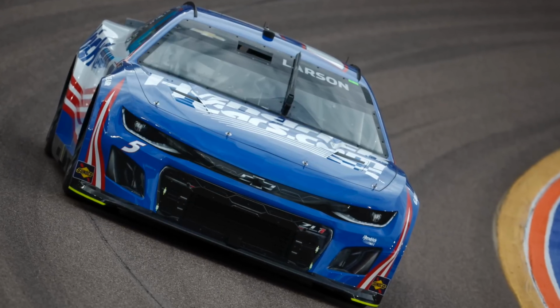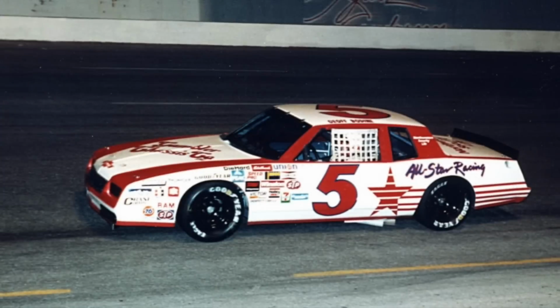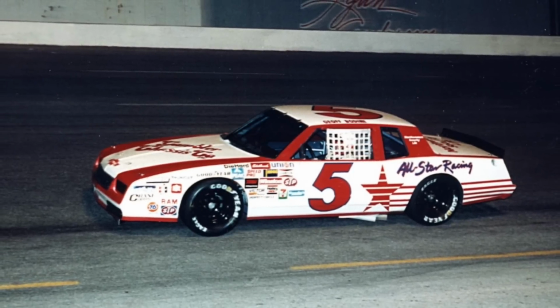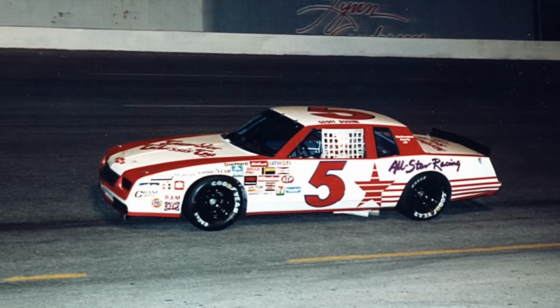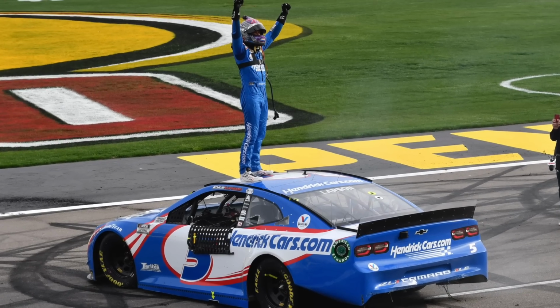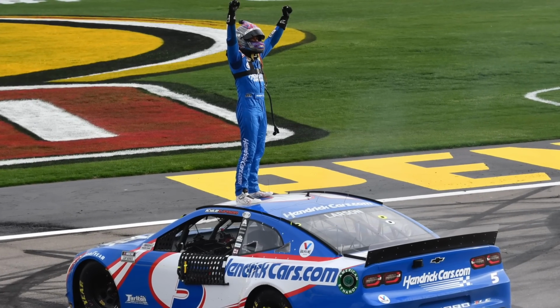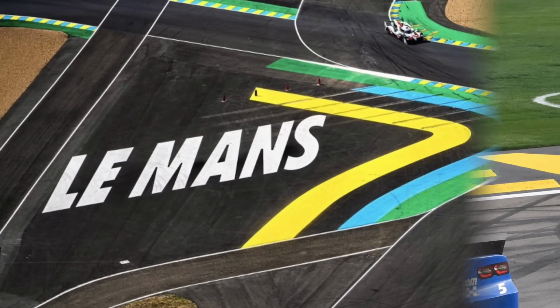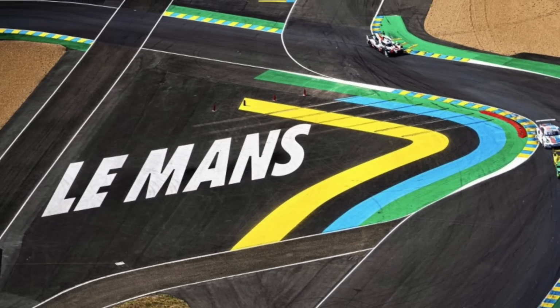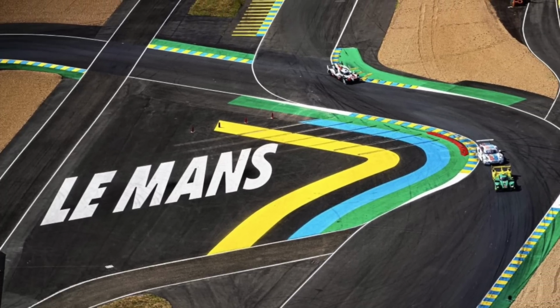And speaking of Team Hendrick, they are no small team when it comes to NASCAR. Hendrick Motorsports first made its debut in the Cup Series at the Daytona 500 in 1984 and has won a total of 294 wins and 14 drivers' championships in the NASCAR Cup Series. So the organizers of this entry definitely picked the right team to help bring NASCAR back to the 24-hour endurance